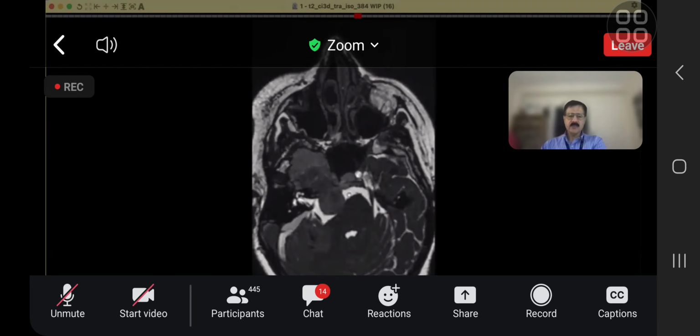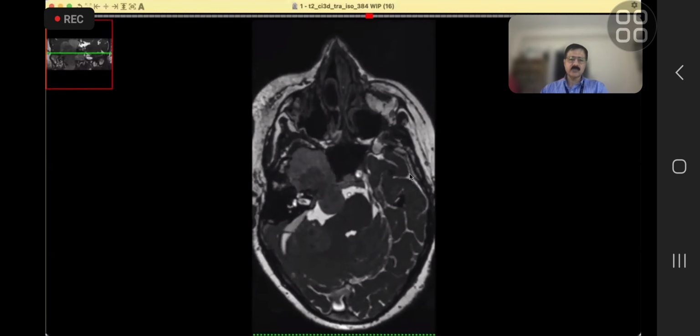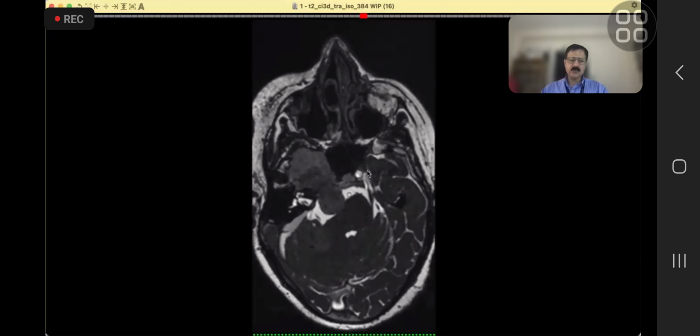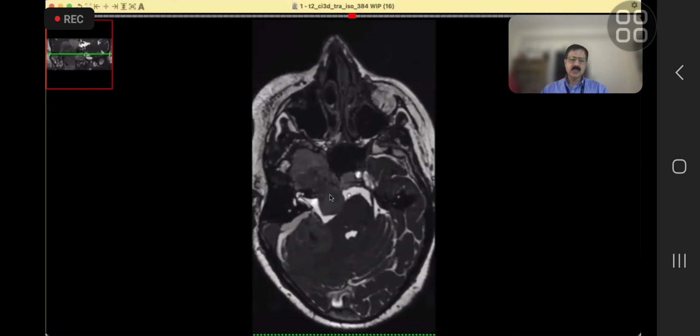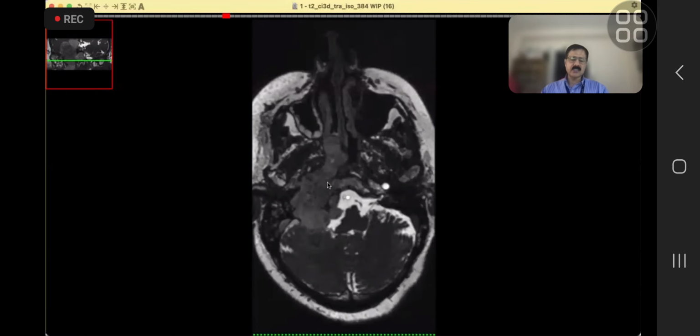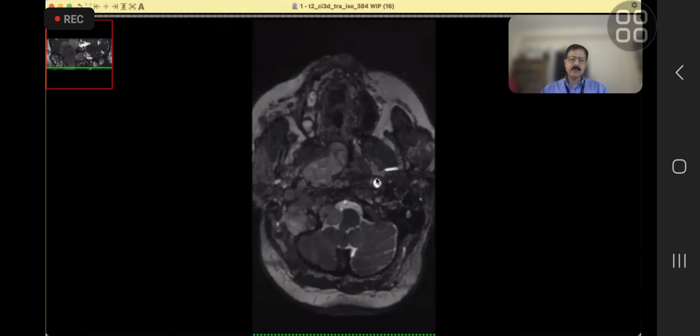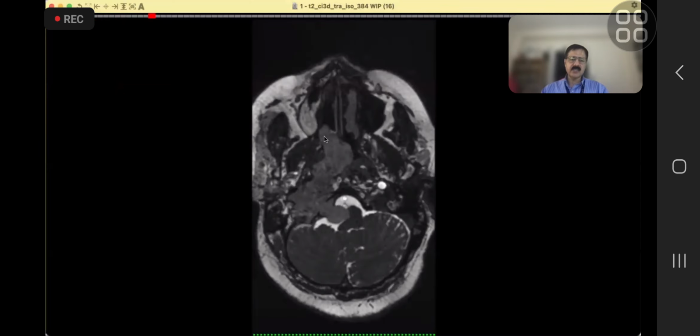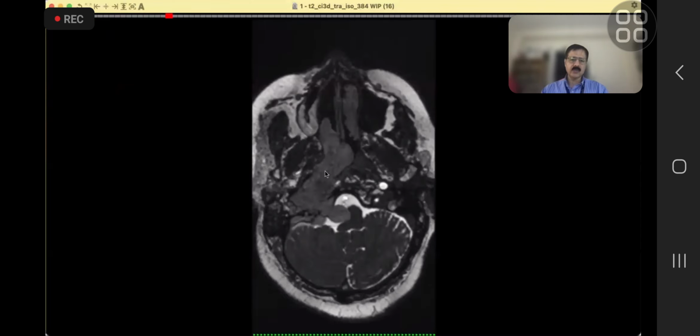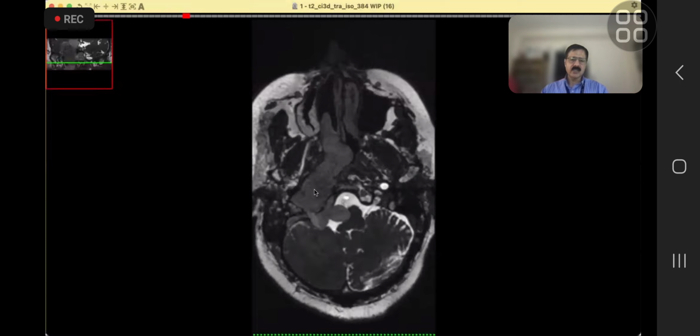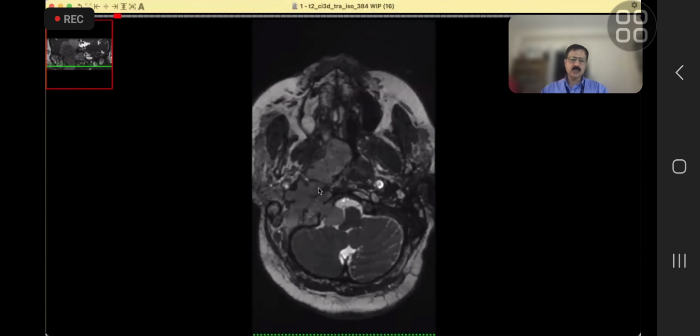If we just concentrate on this CISS sequence, which is done as a routine when you do trigeminal neuralgia. Now look here, this is the pons and this is the trigeminal nerve. This nerve is going here. Now where is the nerve? It is completely compressed, but then everything else is also gone. Actually, the epicenter is in the nasopharynx. So from there, it goes back like this. It is destroying, you know,